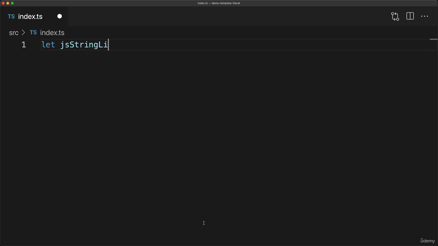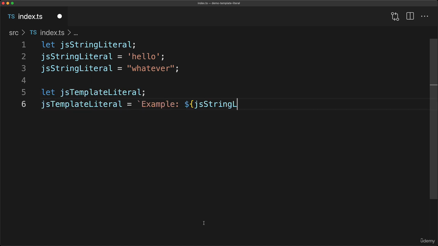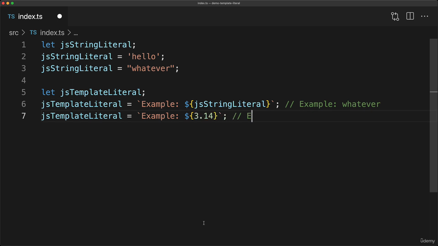Traditionally, there were only two ways of representing a string within JavaScript. You could use single quotes or you could use double quotes. In modern JavaScript, there is a third way known as JavaScript template literals. And this is done by using backticks, and the special thing about them is that you can add any JavaScript